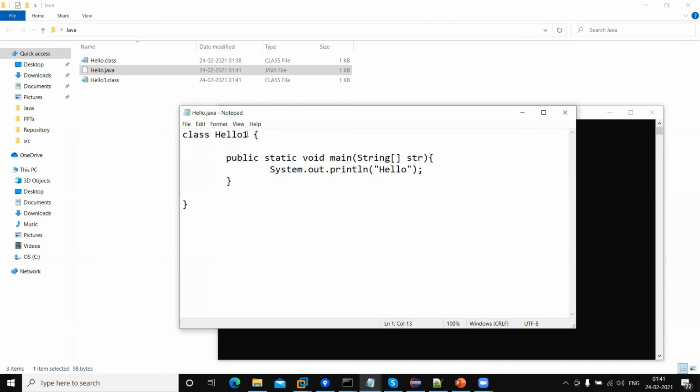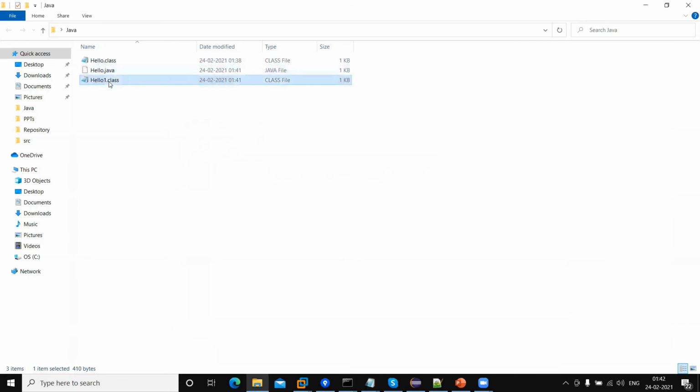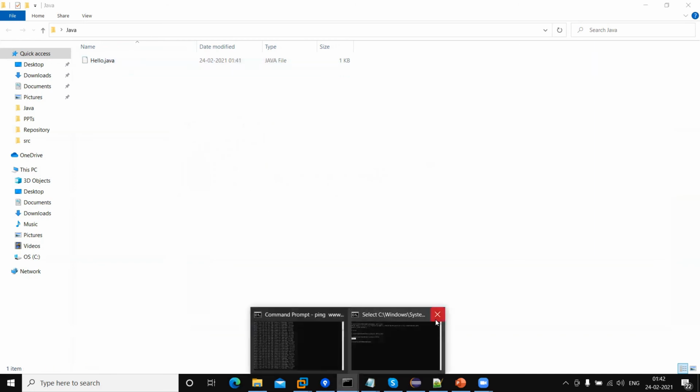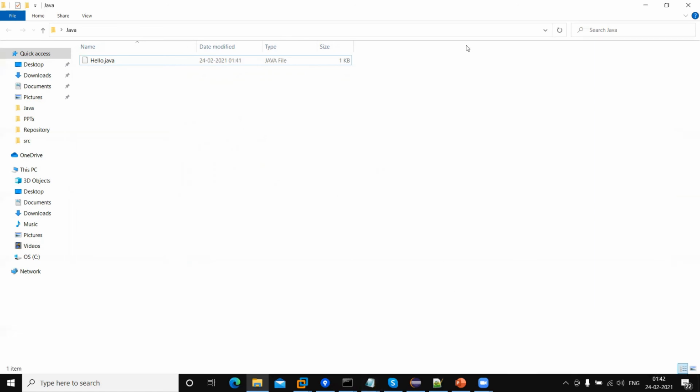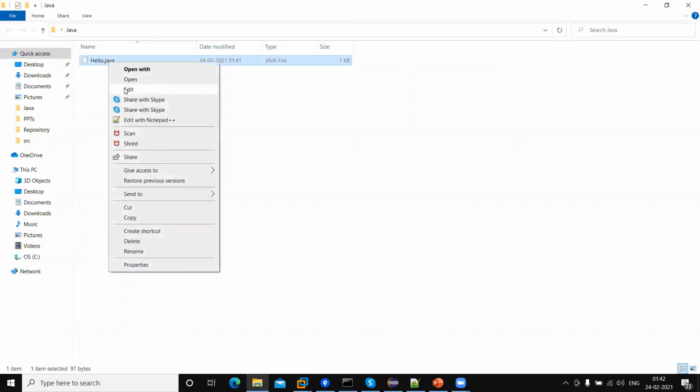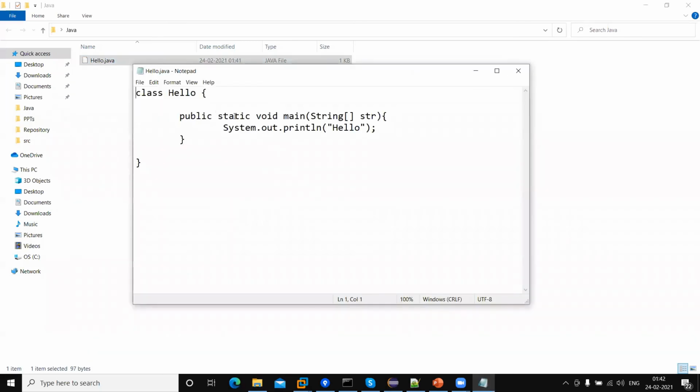Now let me show you in how many ways we can create the public static void main method in Java. You can see here we can change the position of static and public.